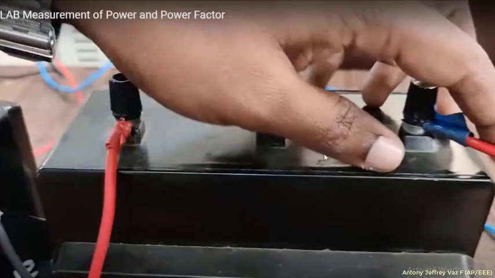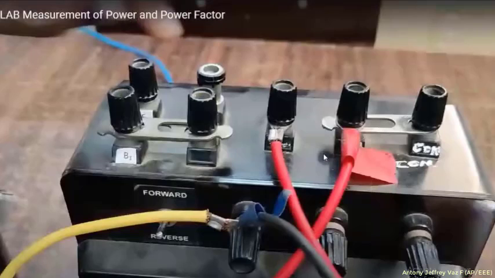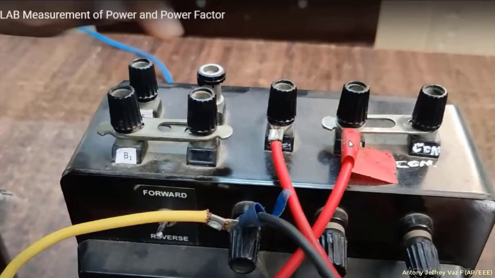Here is the wattmeter. I'll show you clearly. Here you can see this is the common terminal, and this one is the M terminal. Both are short circuited, and this M terminal is coming from the ammeter. Here this is the L terminal. This L terminal is going to the load. You should connect this to the load. And this one is the V terminal, where this V terminal should be connected to the Y phase of the